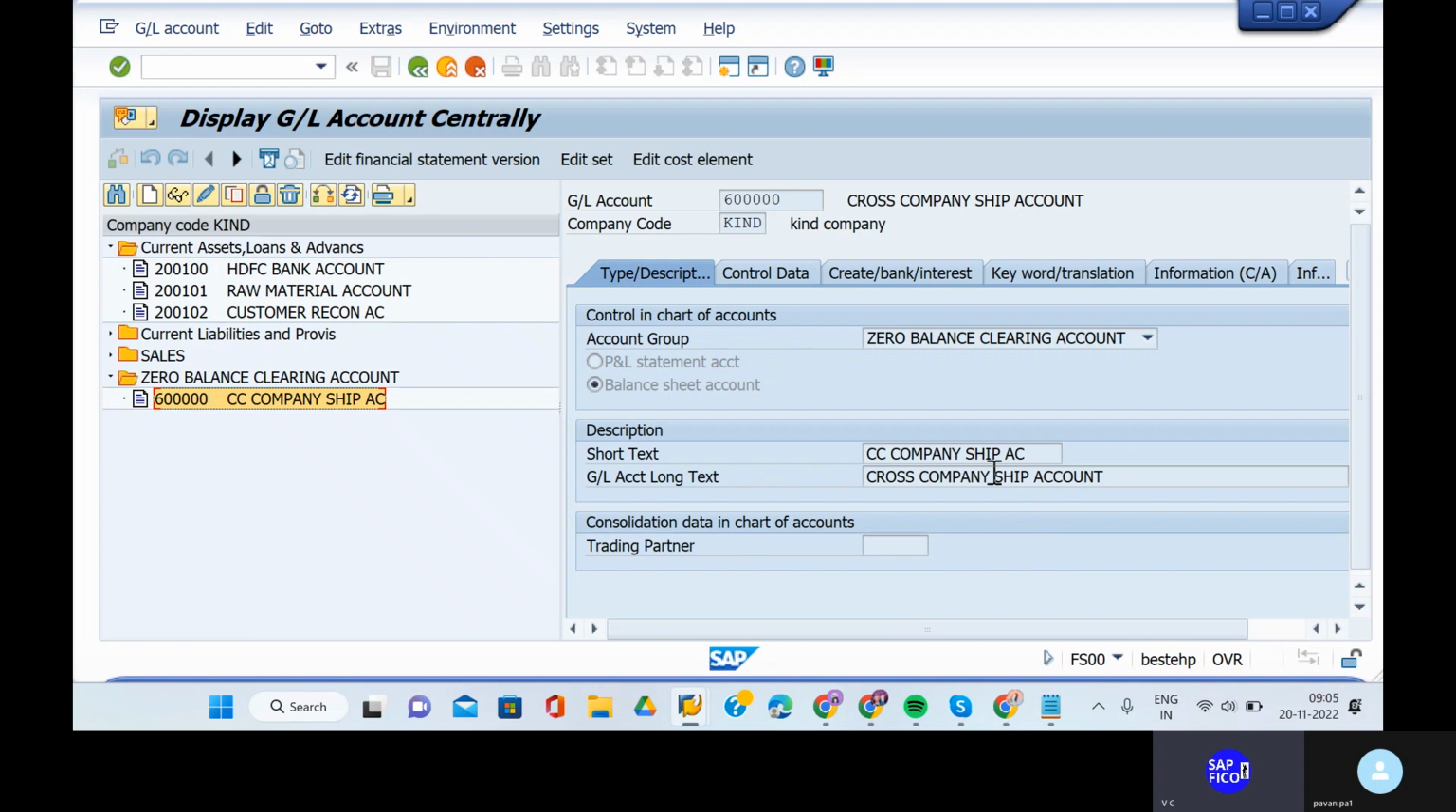Now you can observe that for this company code, the KIND company code, we have to create one GL account for the SHIP account, the SHIP company code account. Then we can process the cross company code postings. You got the point. The short text is cross company SHIP account and the GL long text is the same thing. When you go to the control data,